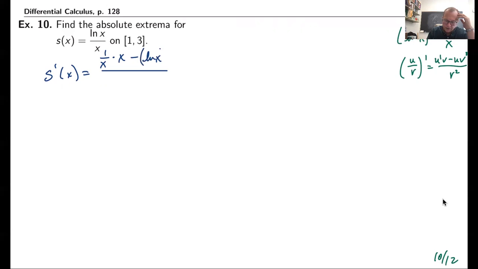I'm going to put parentheses around it so we don't try to suck other things in here, but then times the derivative of the bottom is just 1, and now we square the bottom. So you get a little bit of cancellation going on, and then you also have that 1 there. So this turns into 1 minus log x